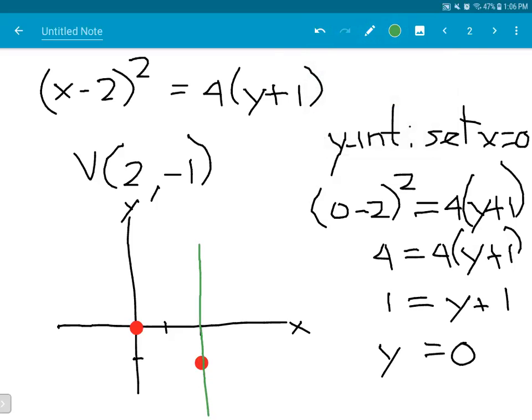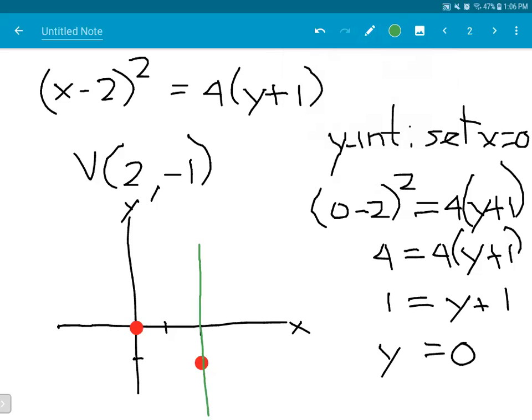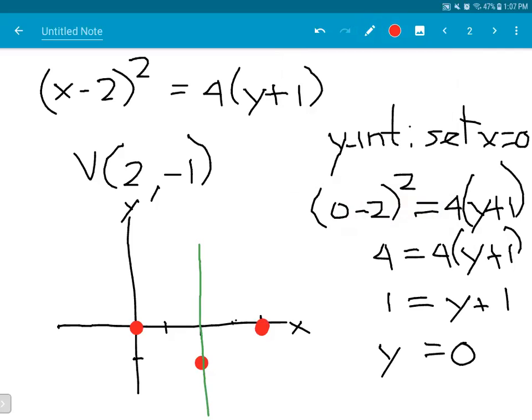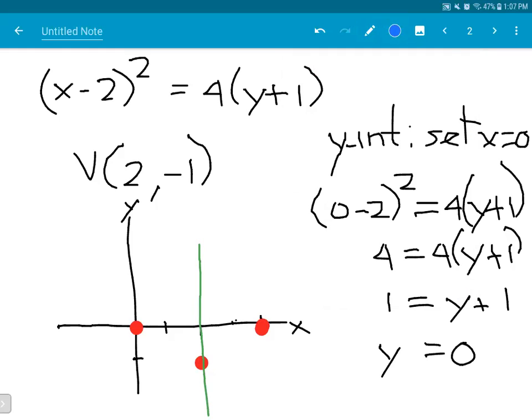There. So that means we reflect the y-intercept with respect to that line, and we get another point on the parabola. So that's 2 units to the right of the axis. 1, 2. So this is another point on the parabola. And then once we have that, we simply connect the points using a parabolic curve. And that's all that you need to do. So we have this.